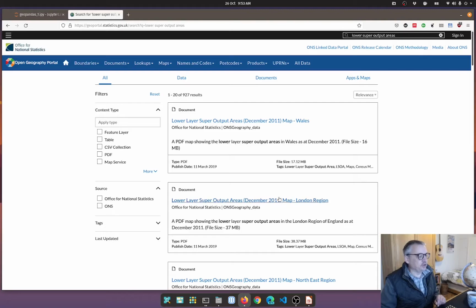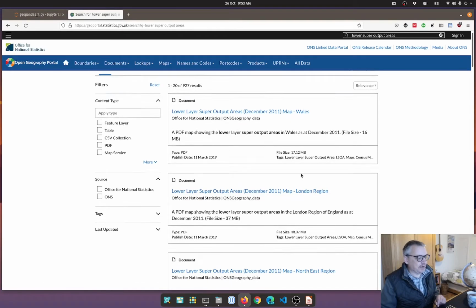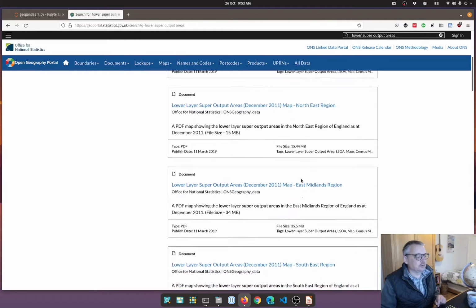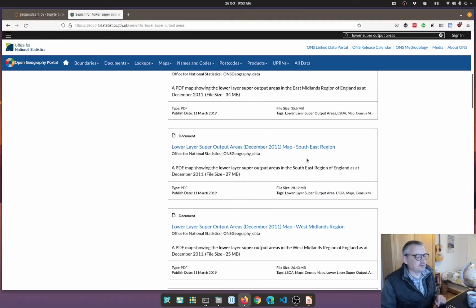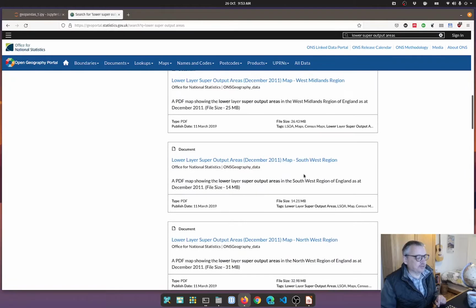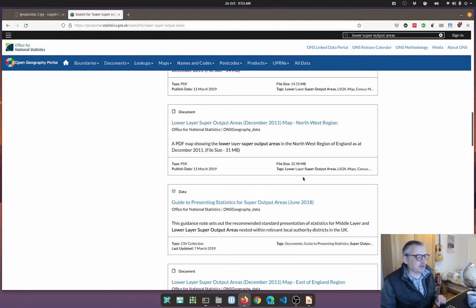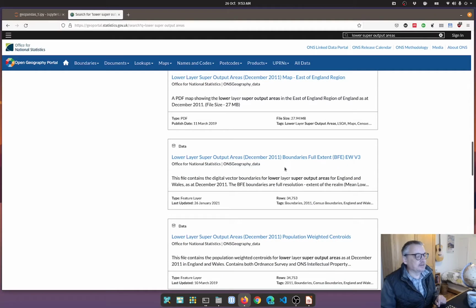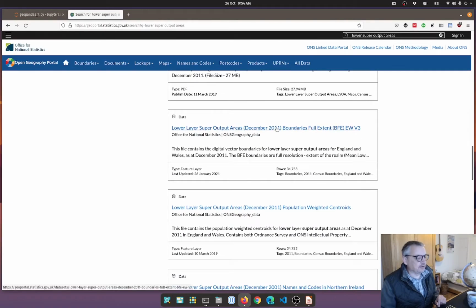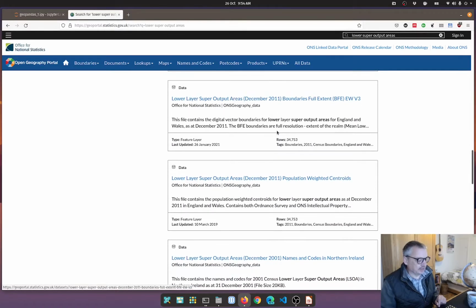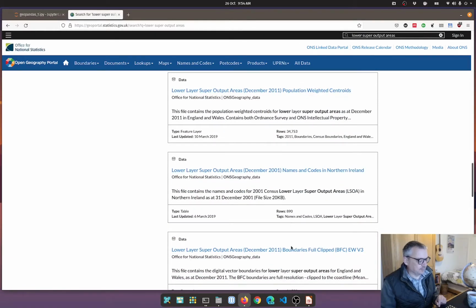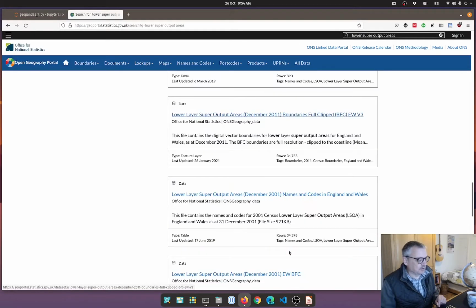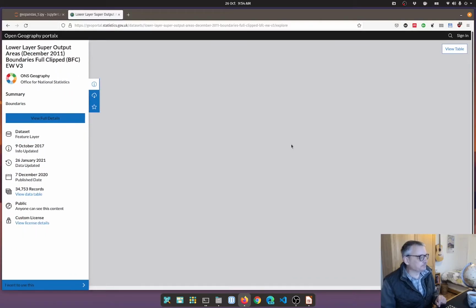Now we're into a new page. What we've got: LSOAs Wales, London, North East, East, South East, West Midlands, South West. But I'm looking for all of the UK, and there's one that's full extent. It's not clipped, but there's the clipped version. So if we click on that,